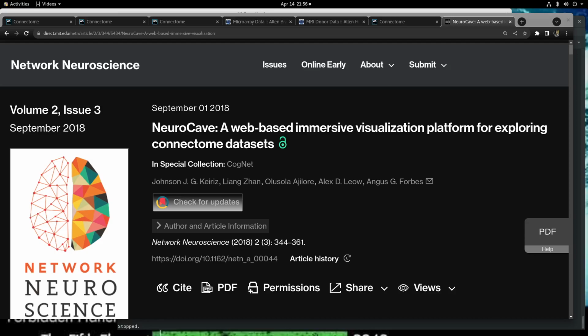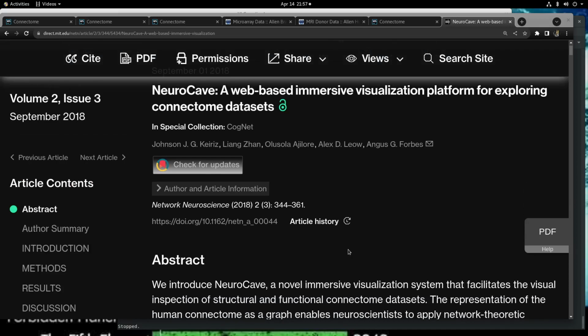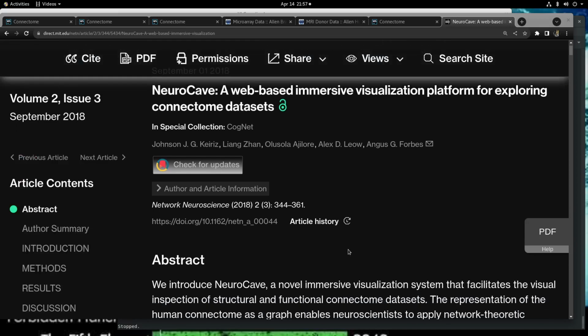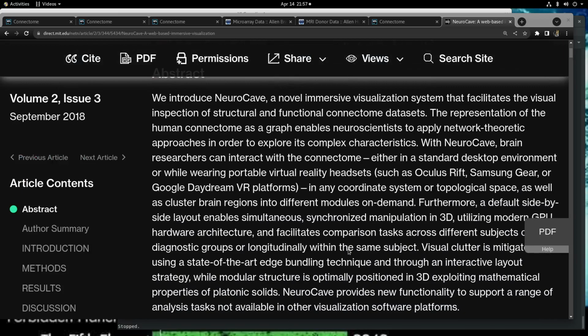September 1, 2018. NeuroCave, a web-based immersive visualization platform for exploring connectome datasets. In Special Collection, CogNet. Johnson J.G. Keiriz, Liang Zhan, Olusola Ajilore, Alex D. Leow, Angus G. Forbes. Crossmark, check for updates. Author and article information. Network Neuroscience, 2018, 2, 3, 344-361. Abstract. We introduce NeuroCave, a novel immersive visualization system that facilitates the visual inspection of structural and functional connectome